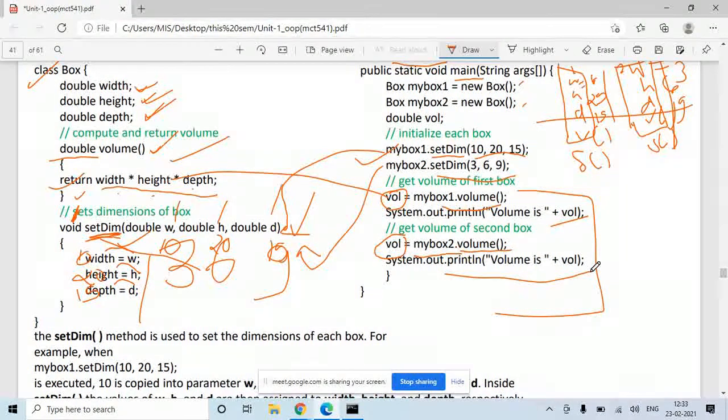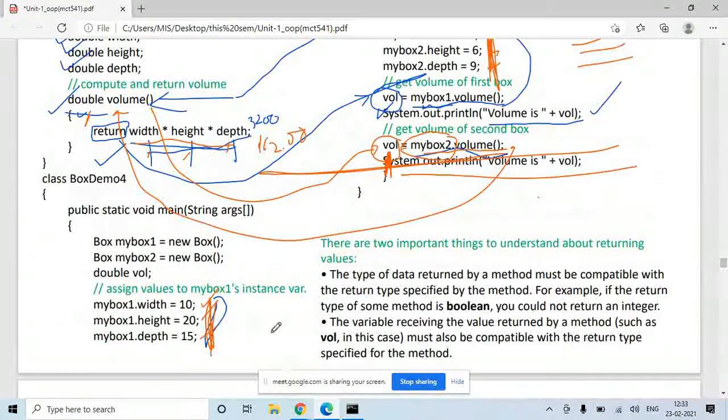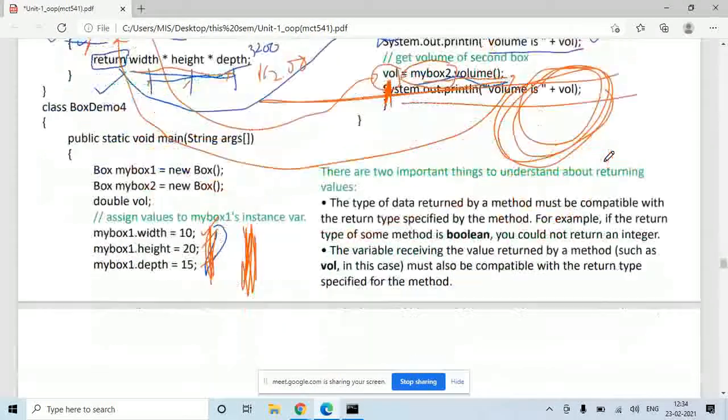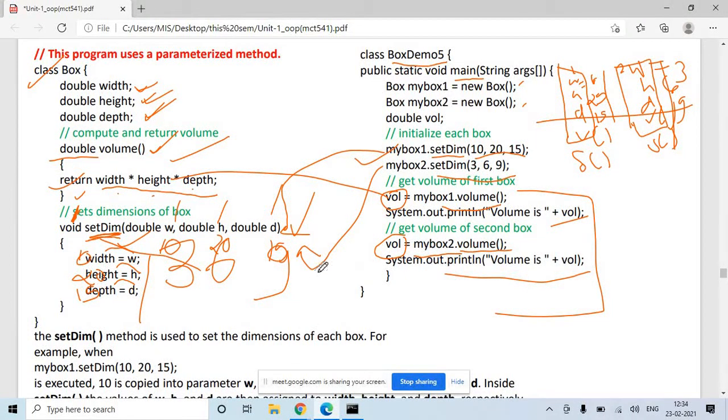So this is how you can write a function in the class for all the activity. So in your earlier program, you were initializing the variables outside the class. Here you are initializing the variables outside the class. Here you are printing the volume outside the class. So you can do all these things with the help of member functions. In this program you have written a function to initialize, you have written a function to calculate the volume, you can write some other function to display the volume.